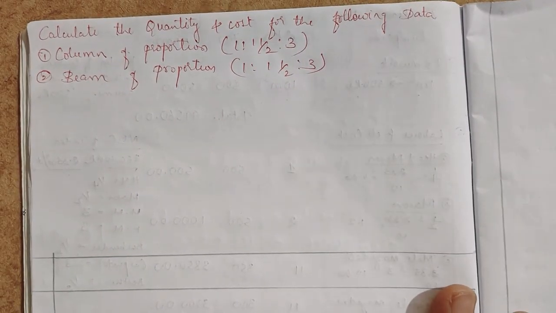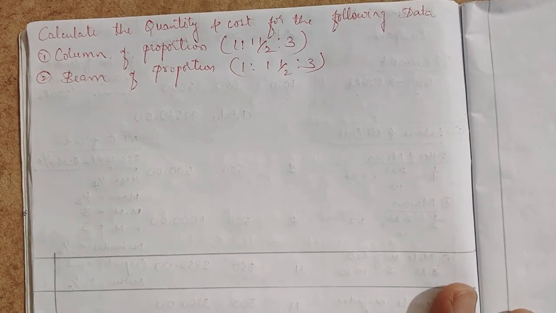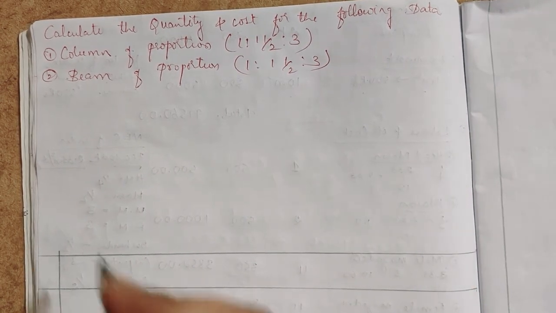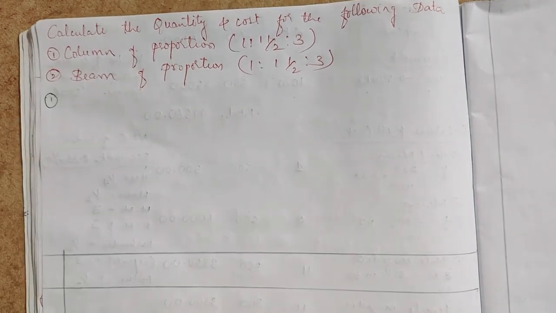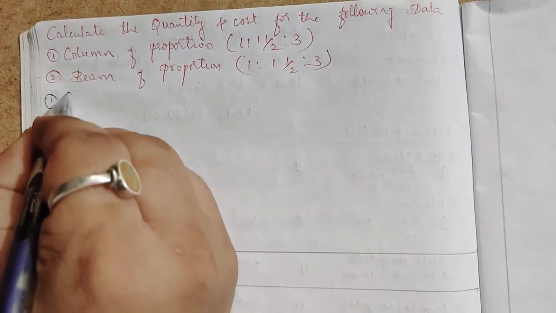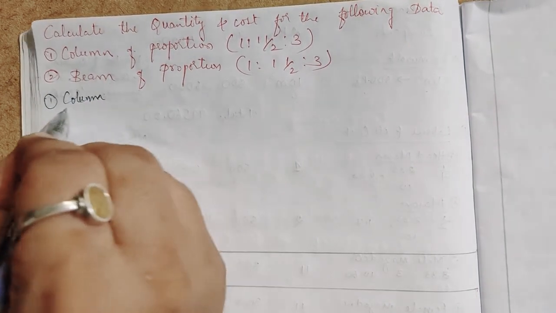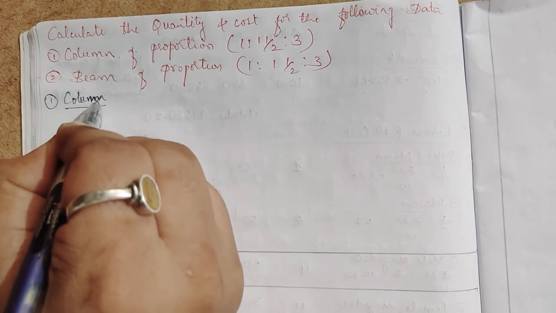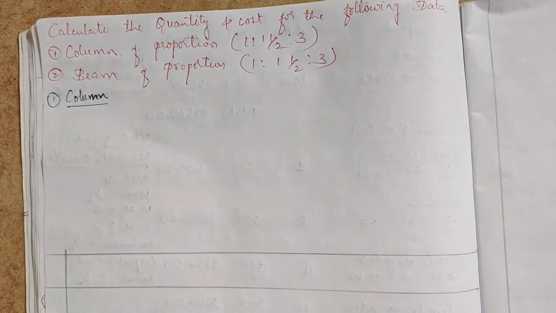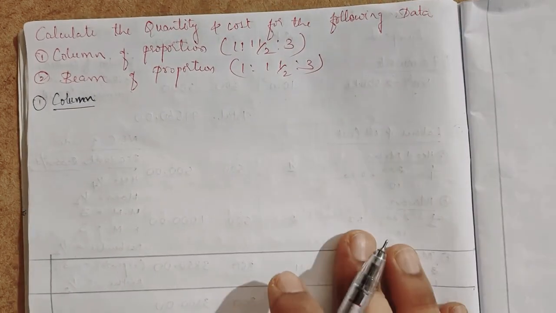So the next question is, calculate the quantity and cost for the following data. That is, we have to calculate the analysis of rate for the column and the beam. So I'll do column, and the beam will be almost the same. So the beam you do for your assignment. Okay, so I'll do column. Calculate the quantity and cost for the following column of proportion